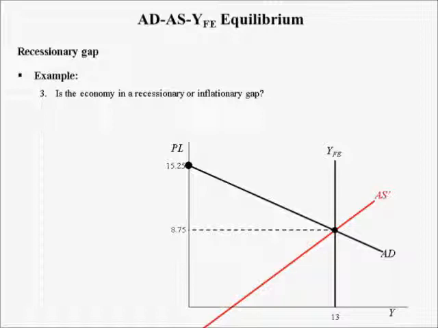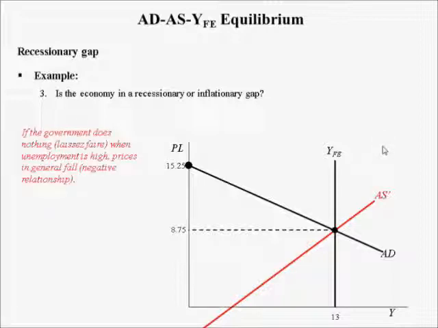If government does nothing, laissez-faire, which was the case before the 1930s, if the government does nothing when unemployment is high, prices in general fall. A negative relationship, right? Today, recessionary gaps, though, close relatively slowly because since the 1930s, we've adopted all kinds of